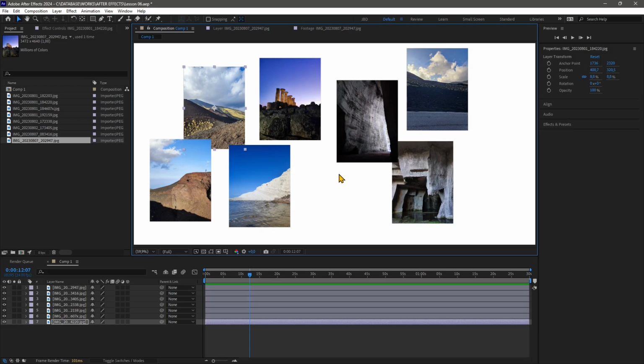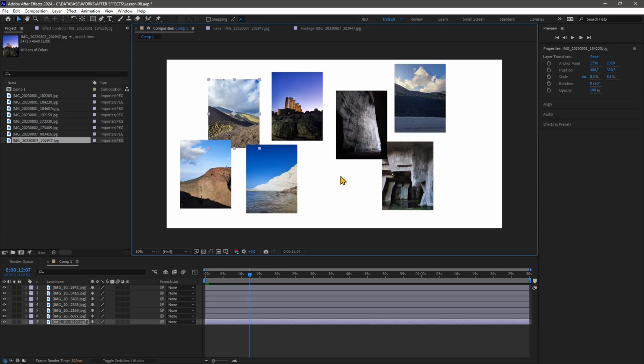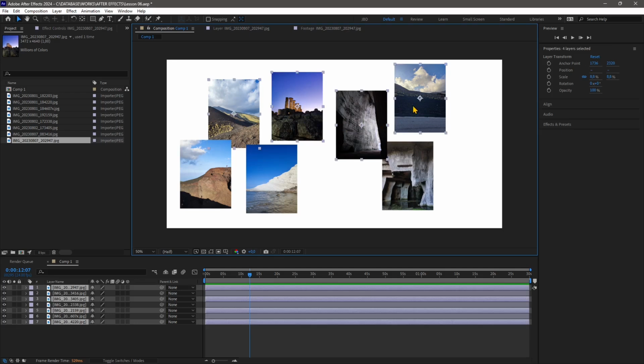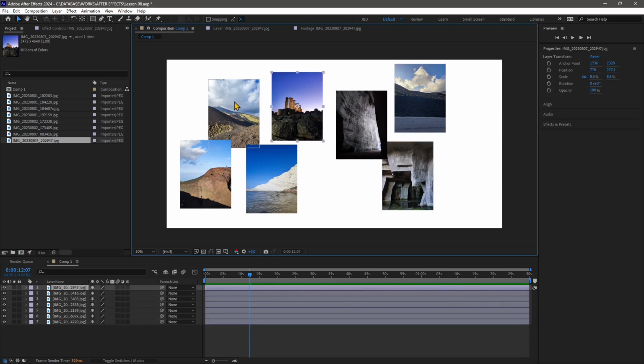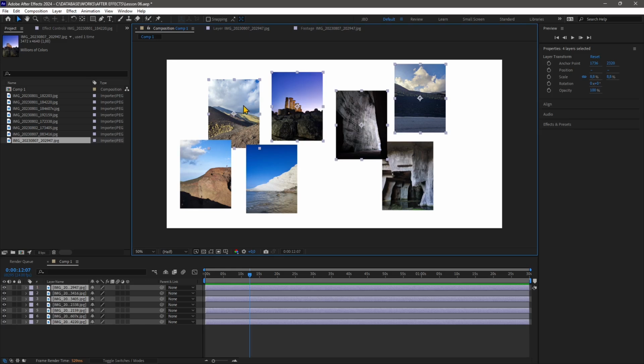Now, if I want to align them, there are also some alignment tools. So if I select here, also holding Shift or Control, I can select the images in the space. Well, in this case, I need to select them with the Shift key. So once I have selected the ones that I want to align, I can go in the Align panel right here. And I can work with the selection, or I can work with the overall composition. So if I work with the selection, this is the selection right here. So if I align them like this,